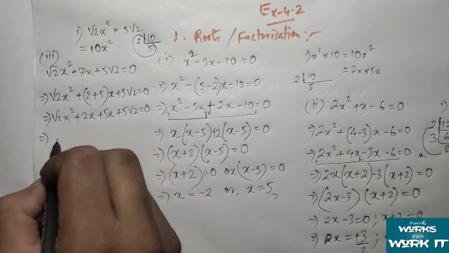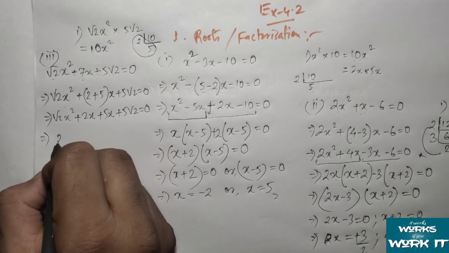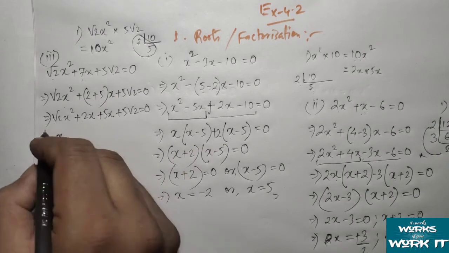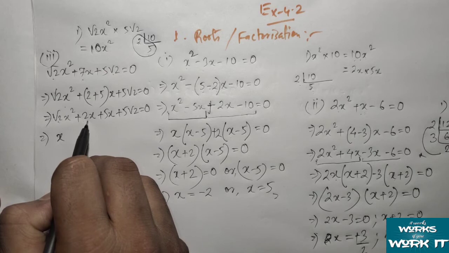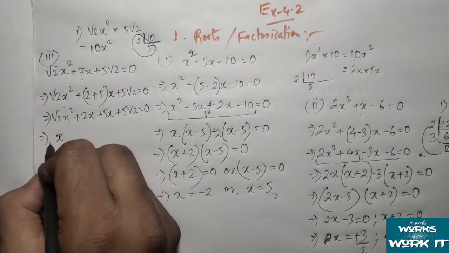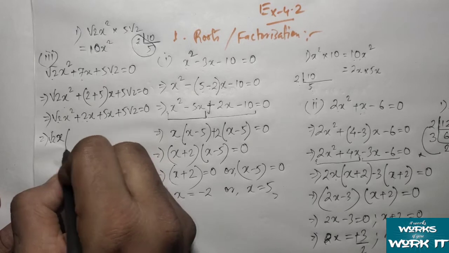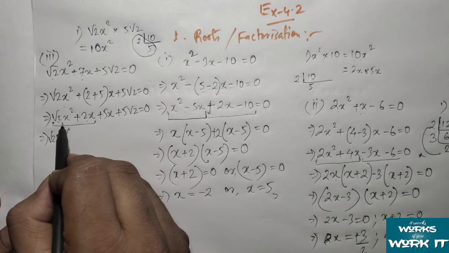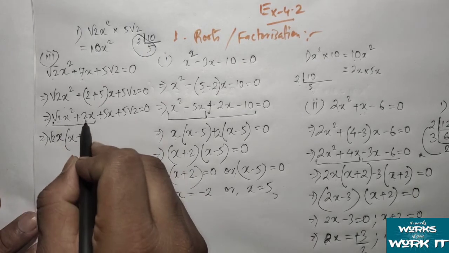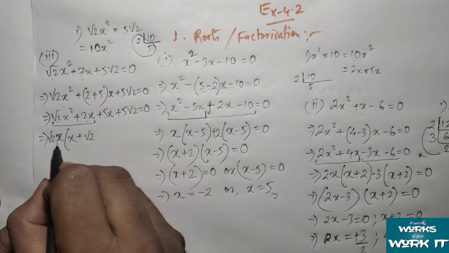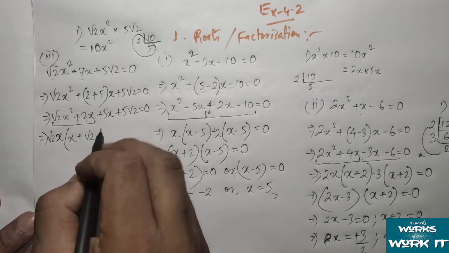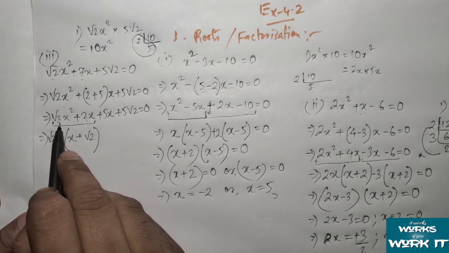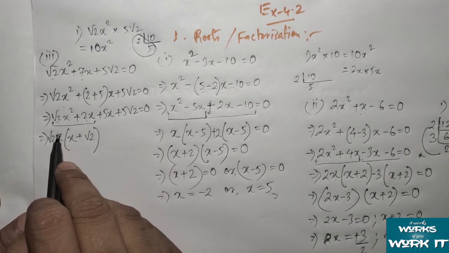So again from these two we can take common. What can we take common? One is x we can take common, and we can take root 2 common. Because root 2 into root 2 gives us 2, so from these two things we can take root 2 also as a common. So after taking common factors from these two, what will remain here? x will remain, and then from here we can write root 2. Okay, root 2 into root 2 will give us 2.